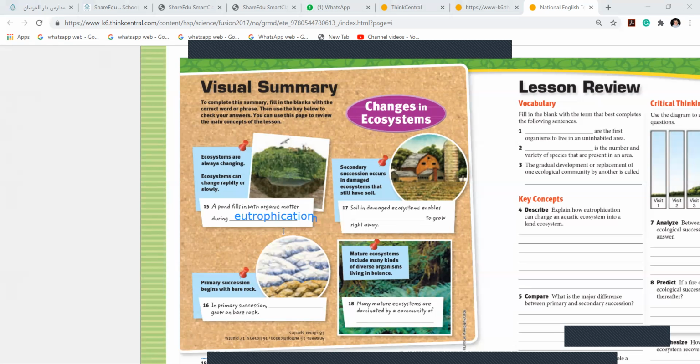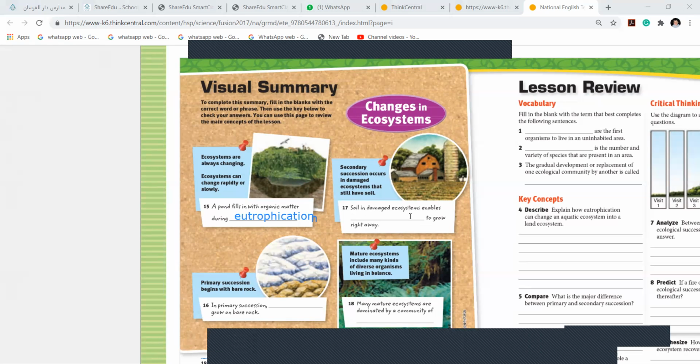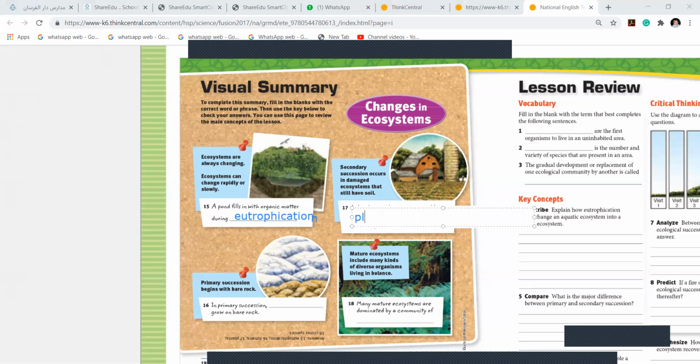All right, next. Soil in damaged ecosystems. Soil in a damaged ecosystem enables plants to grow right away. It's written there also. And then the next one, in primary succession,